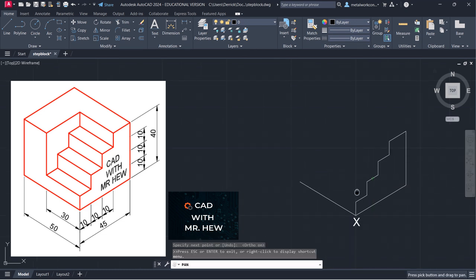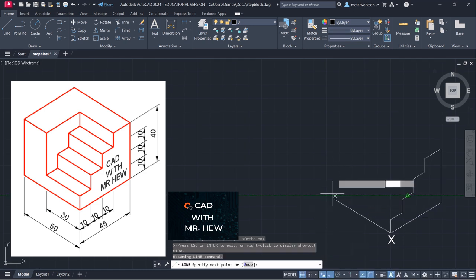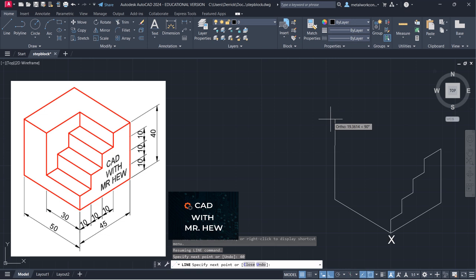I'm going to center the drawing so you can see it a little bit better. Good. I'm going to turn ortho on. This height would be 40 millimeters. So we go 40. Enter. Then we're going to come across now